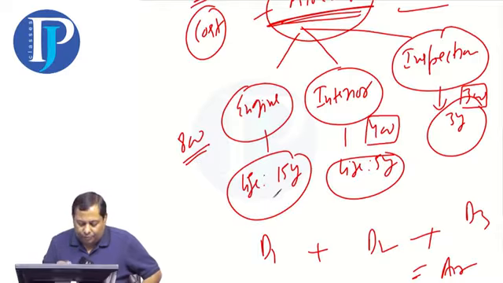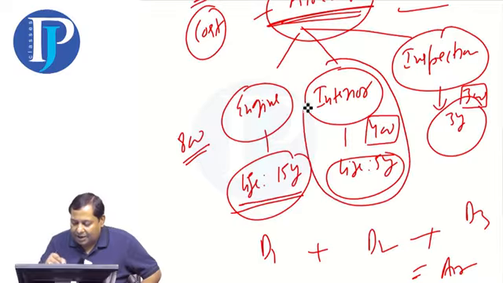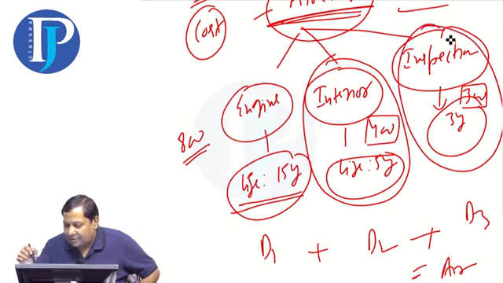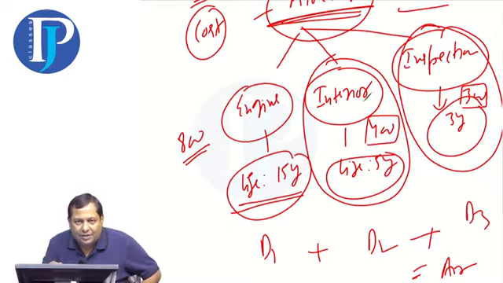And understand one more thing. Your engine will be running. However, you will have to face the replacement of your interior. Your interior will be running, but then you will have to face the replacement of your inspection. Is this clear? The lifespans are 15, 5 and 3, so the shortest one will be replaced first. The old inspection will be removed and the new inspection will come. The old interior will be removed and the new interior will be installed.